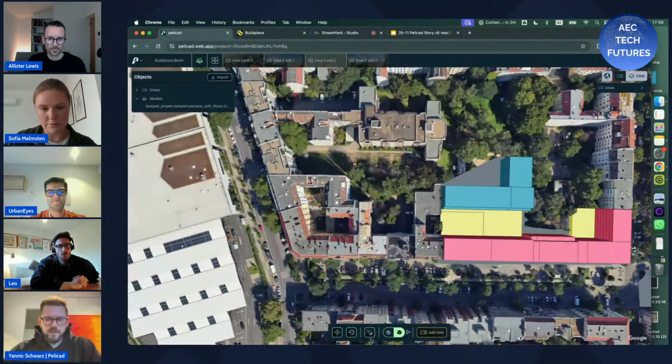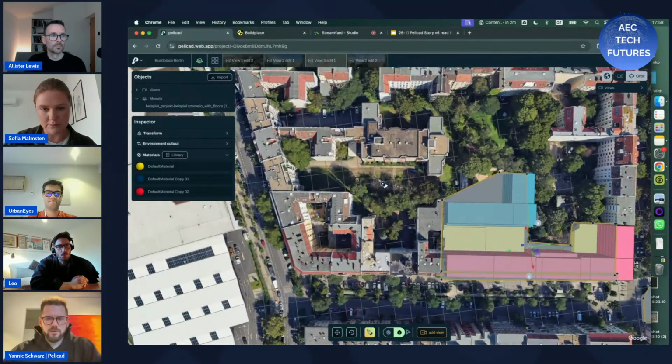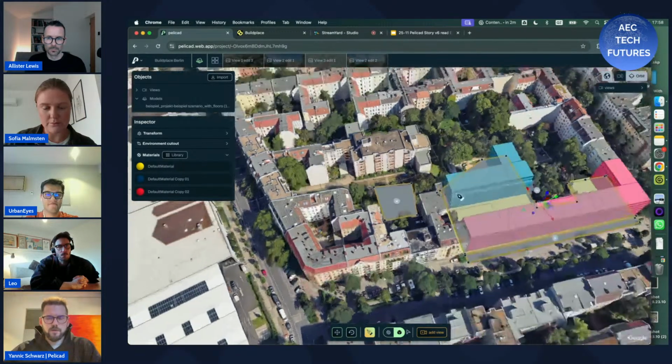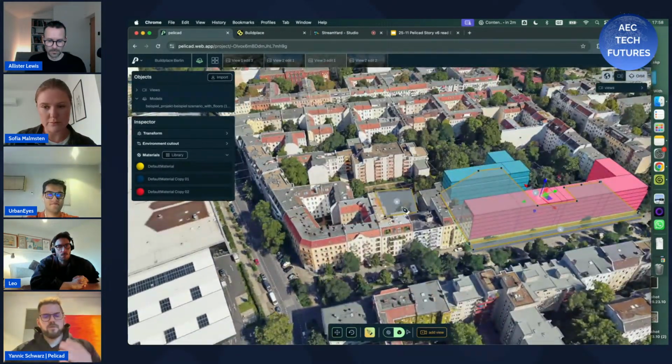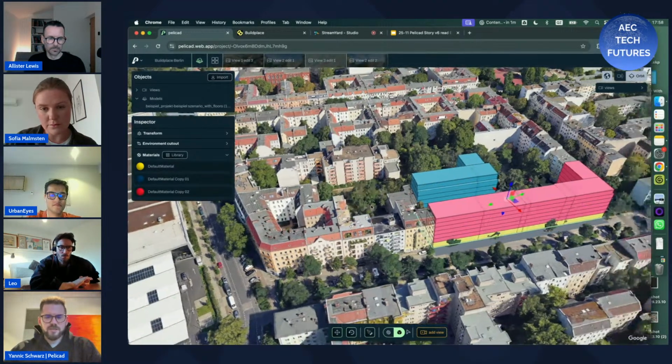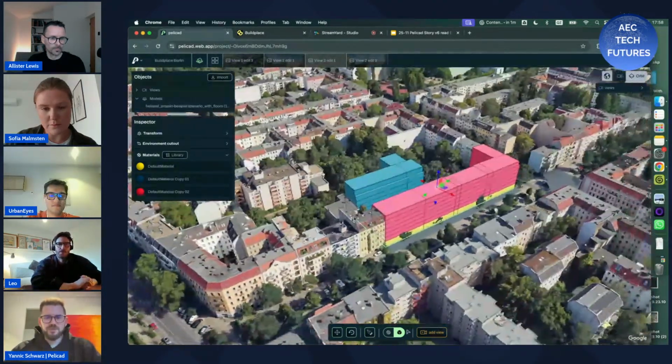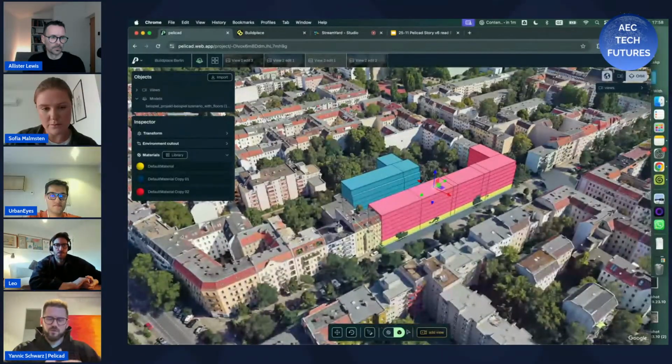So just to quickly demonstrate this, it's quite easy to do. Like if I want to cut out these trees here, I can simply connect these four points, cut them out. And this is how I configure the environment in literally a couple of seconds, and set it up in a way that generates a visual I need to present to either an investor or, of course,